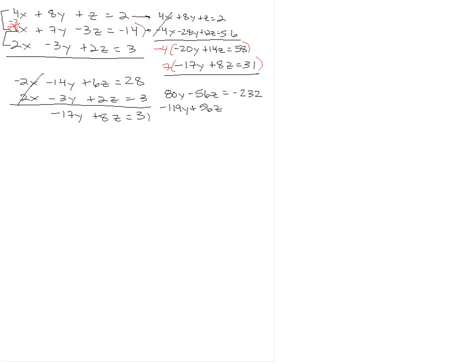And 7 times 31 is 217. Okay, the z's cancel out. What do I get here? 119. I get negative 39y equals